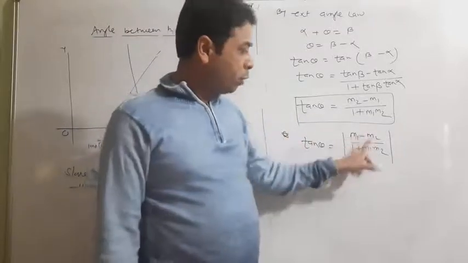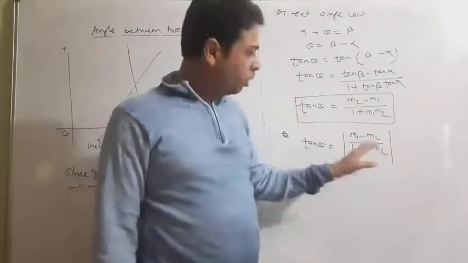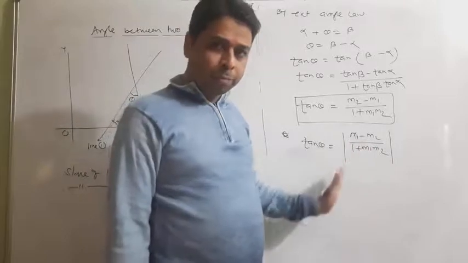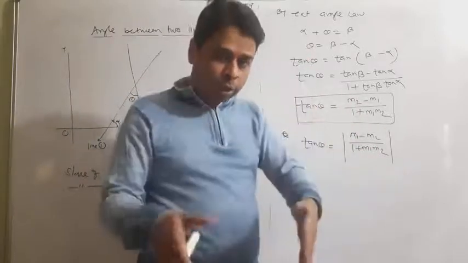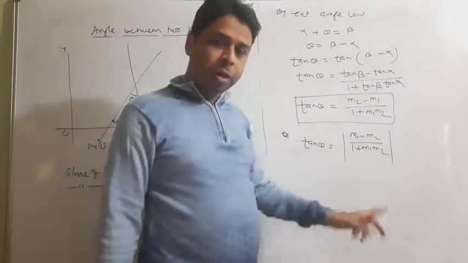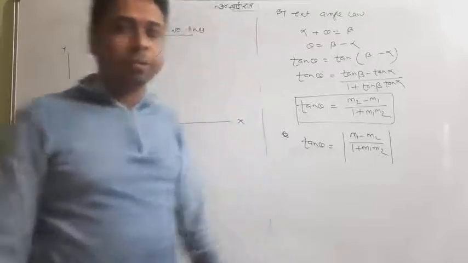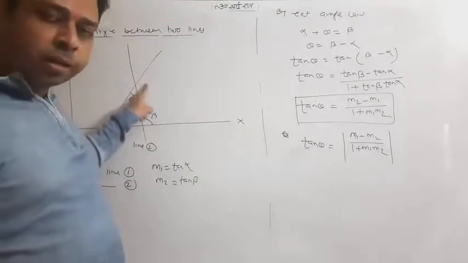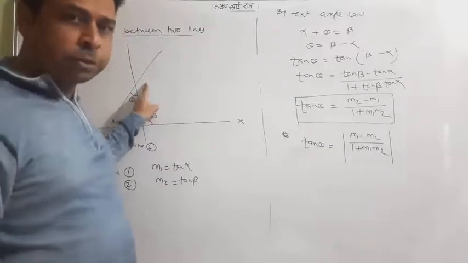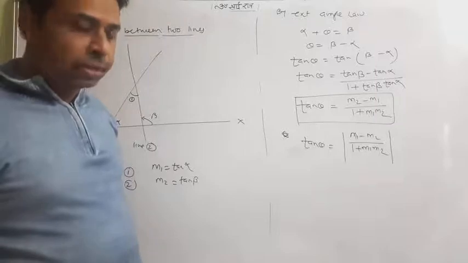If you remember m2 minus m1, it is still correct, but this time it looks good. Tan theta equals mod of m1 minus m2 upon 1 plus m1 m2, and the answer will be positive. Further, theta will be the acute angle, and after the acute theta we can find its corresponding supplementary obtuse angle easily. Okay, this is a simple concept, we have studied that. Now this was the angle. Now let me rub this out.